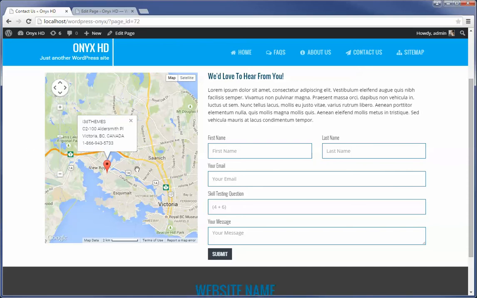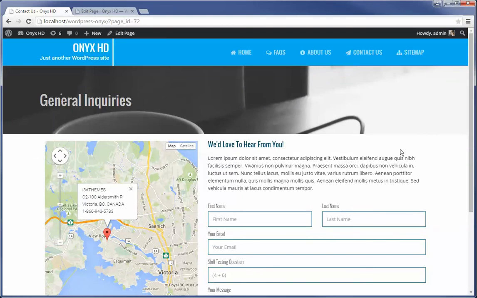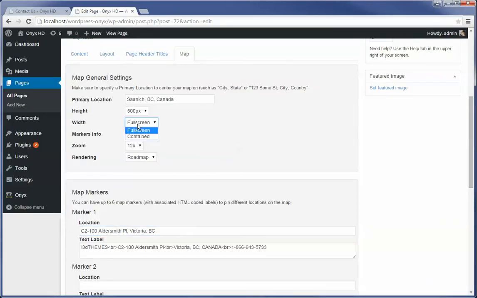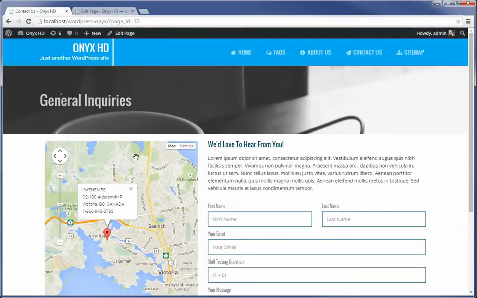Or you can again just use it like we've got here, in those situations where you've got a large map, that's usually where you'd want to have it run the entire span of the page. Now there is this one setting here called full screen. That's when it is a single column map, whereas this is within a column. So this is one column here, this is another column here. What I'm talking about, a single column, is when the map spans the entire region, just as we saw within the